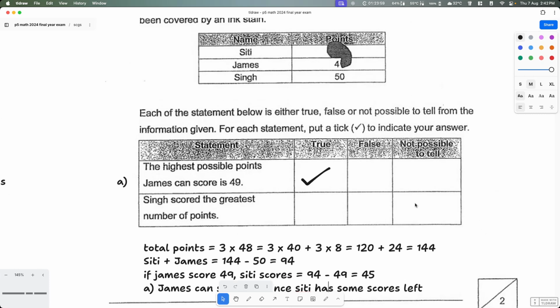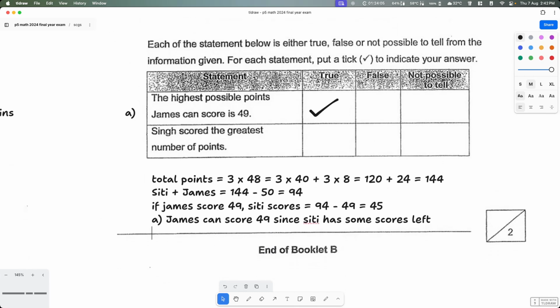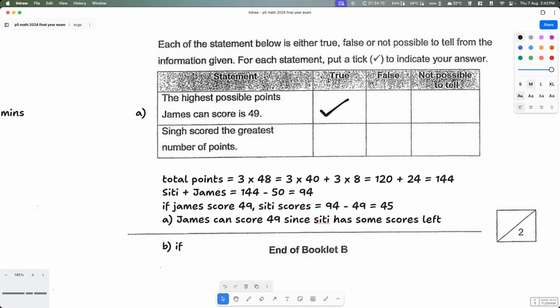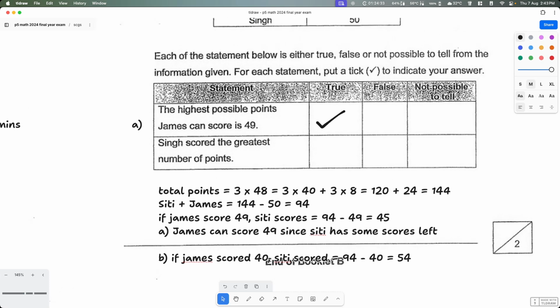Okay, Singh has scored the greatest number of points. So for B, I would say if James scored the lowest, if James scored 40, that means CT scored 94 minus 40, equal to 54. So not possible to tell. Singh scored the greatest number of points. Yeah, this is not possible. Not possible to tell because